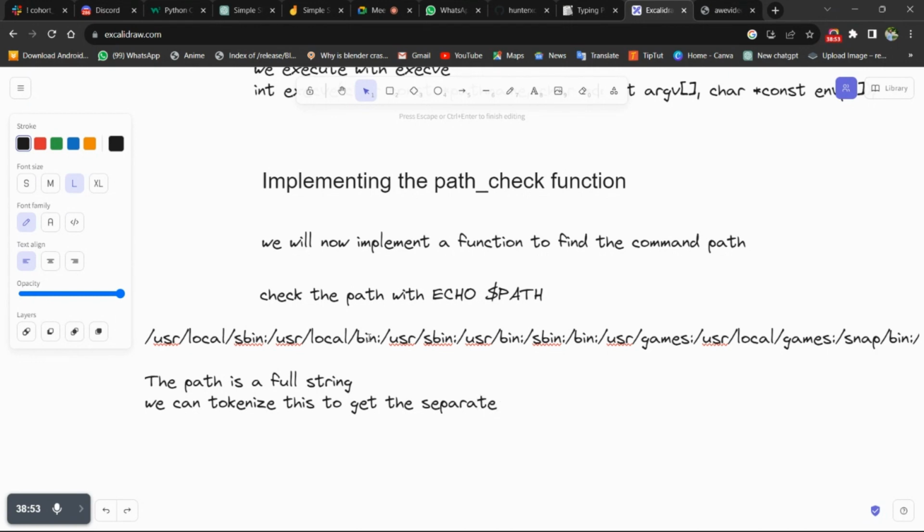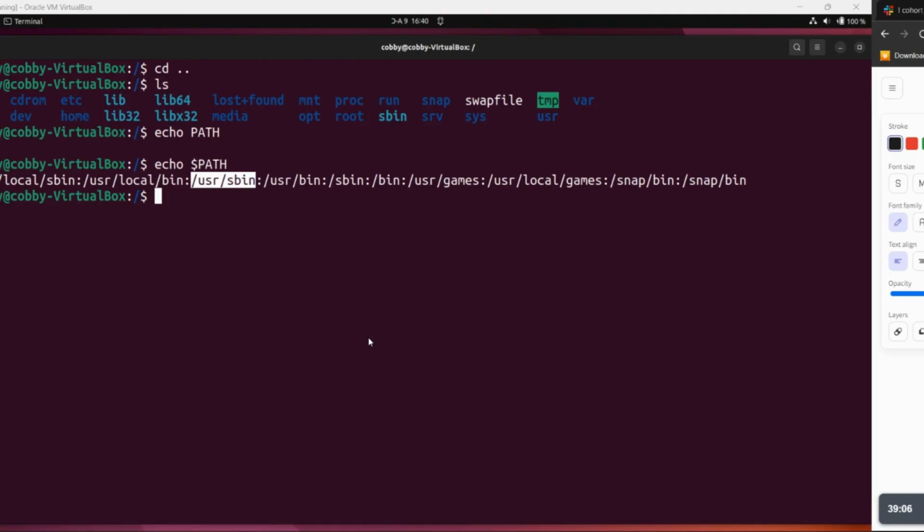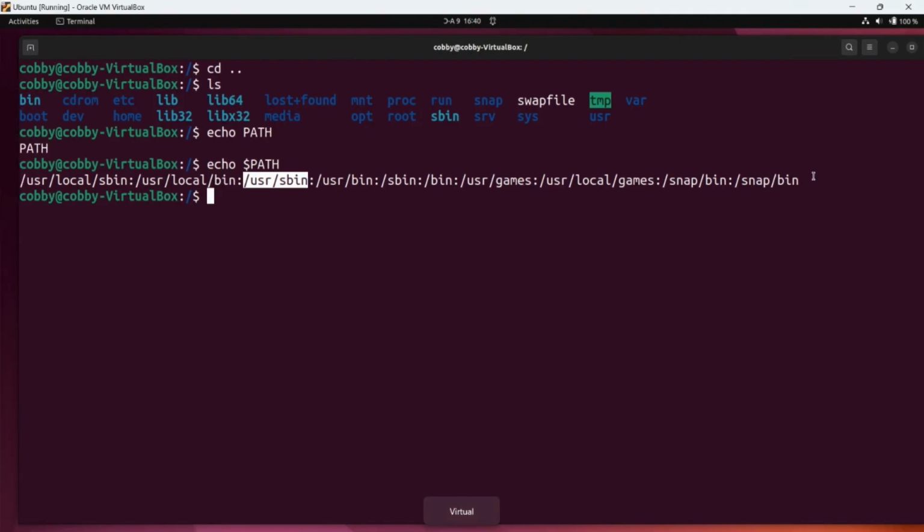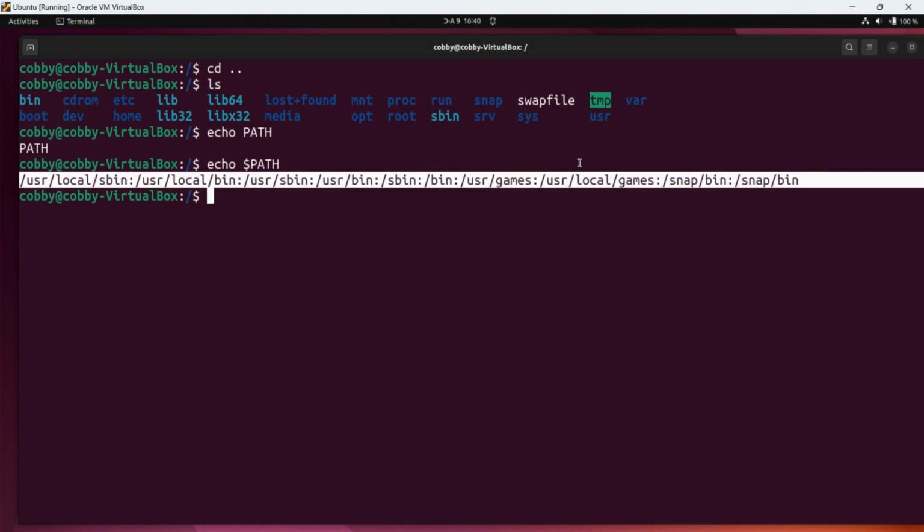You can tokenize this to get separate parts, basically directories, using strtok. So if you are watching, then you know that our next step is to tokenize this full path using the colon as a delimiter.